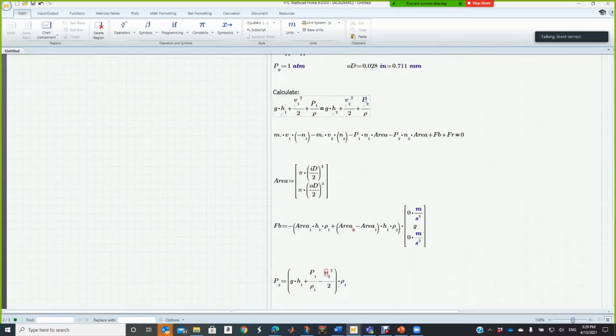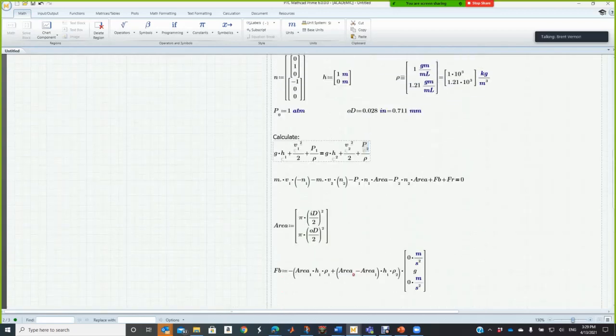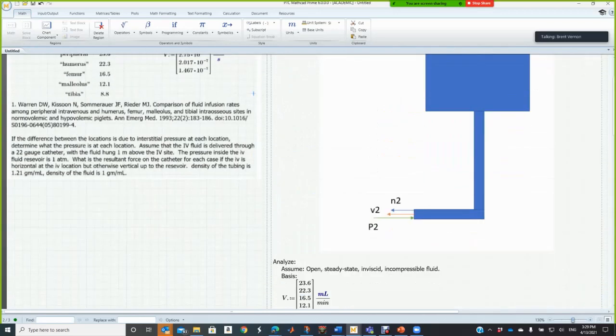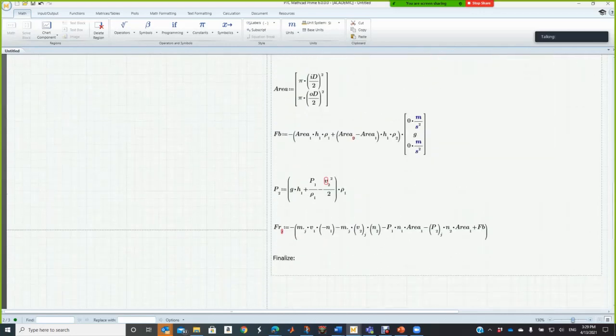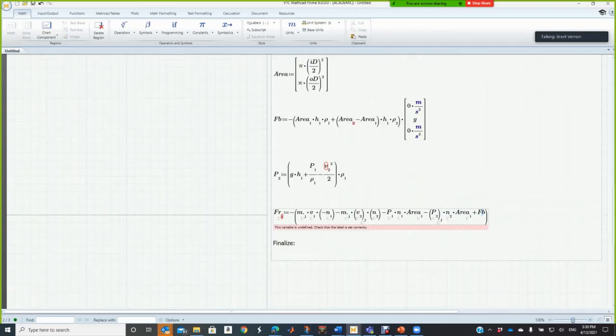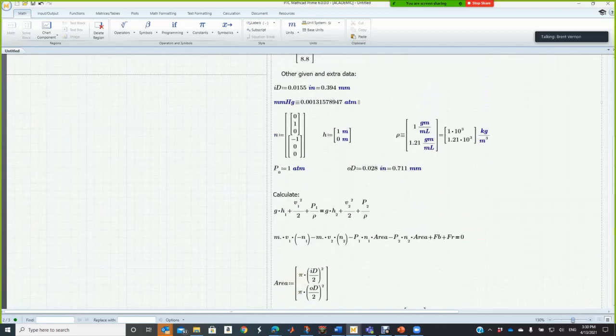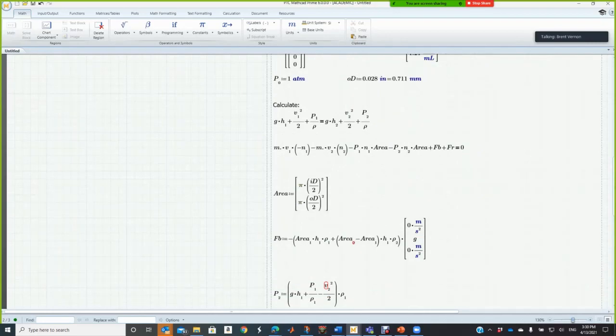So you're solving for P2. I'm sorry, it's P2 on this first one, right? Because P1 is given as 1 atmosphere up here. So you're solving for P2 in that first equation, and then you're taking that P2 and plugging it in here, solving for the body force, plugging it into here. And then everything else, you have to solve for your velocities by taking the volumetric flow rate here, dividing by this inner area,